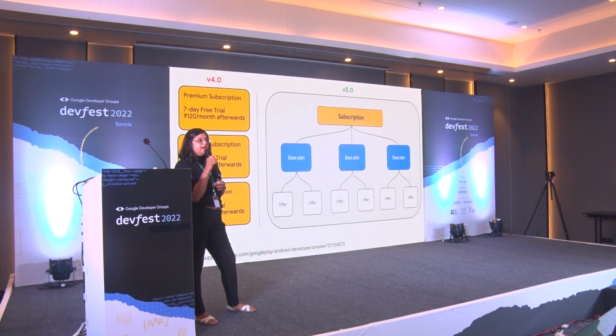So the subscriptions are now divided into base plans. Each base plan can have its own offers. Those offers could be introductory prices or introductory discounts. It could be free trials, and so on. So you can now roll out your subscriptions whenever, however you wish, and you can add as many offers as